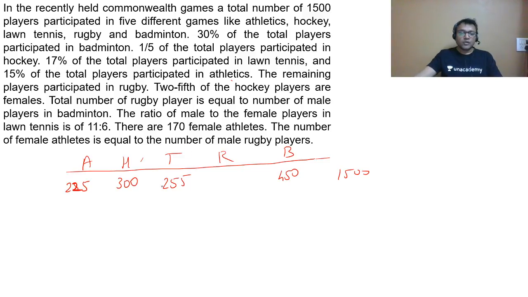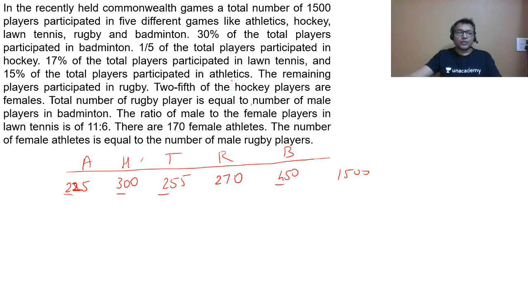Okay, fine. So now the remaining is from 1500. If you look at the total of these, it is 1100, 1200 and 30. So this is 1230. So the rest is 270. Right, now once you get this 270,